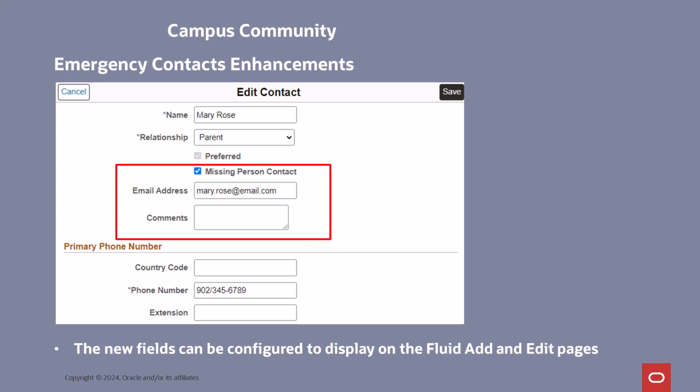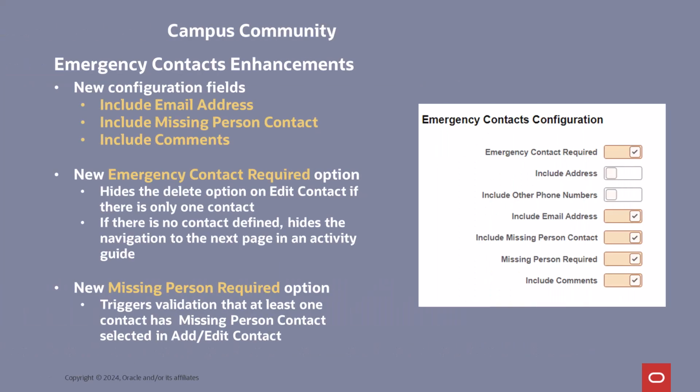As with the admin page, the missing person contact checkbox defaults to not selected and can be selected for 1 or more contacts. The same validation is applied to email address to ensure that the email has a valid format. The configuration options for the Add and Edit Contact fluid pages are included on the Emergency Contacts configuration page. New yes/no options are provided to control whether or not each of the 3 new fields are displayed. By default, these new include options are not selected, so the new fields will not be displayed unless the existing